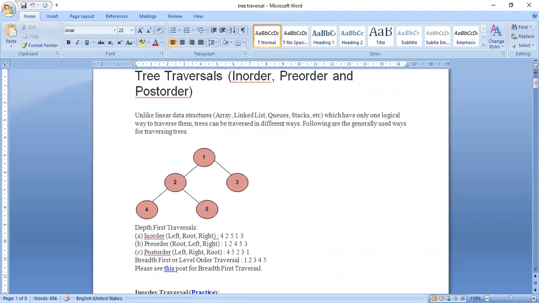I can visit in many ways, but there are some specified ways which will be used in our data structures. Only three types: in-order, pre-order, post-order. First we will discuss in-order. In in-order, first I will visit the left child. Because it is a tree, for example, you don't consider 4 and 5. Then what will the visiting order be?